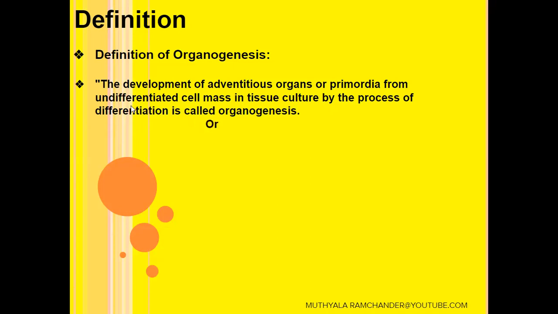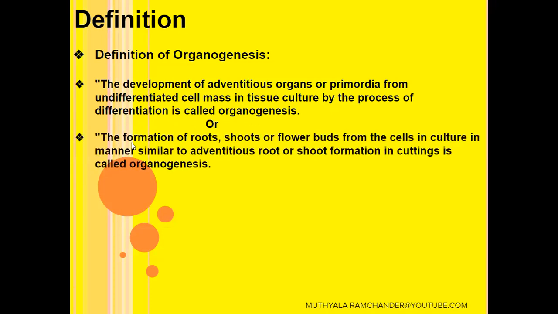So an undifferentiated mass of cells develops into differentiated root and shoot systems, which is called organogenesis,